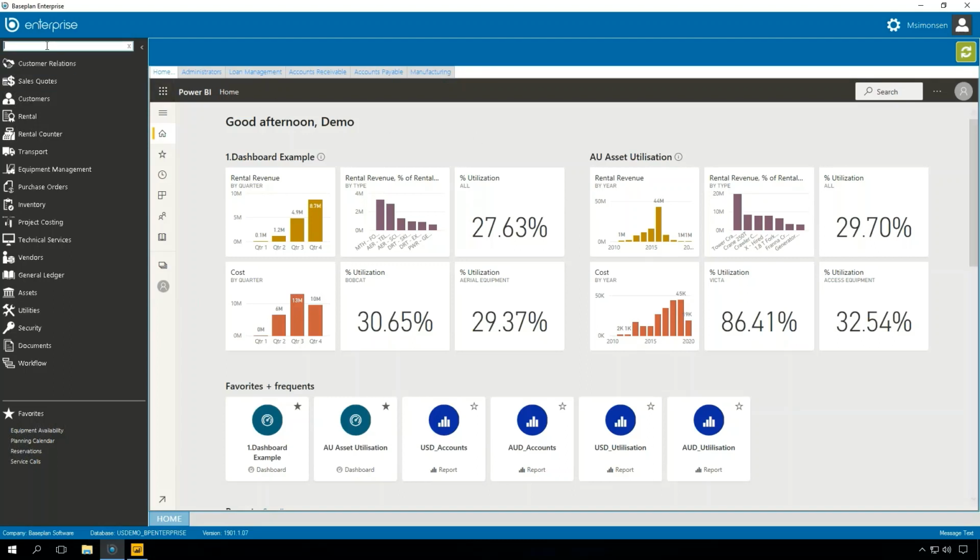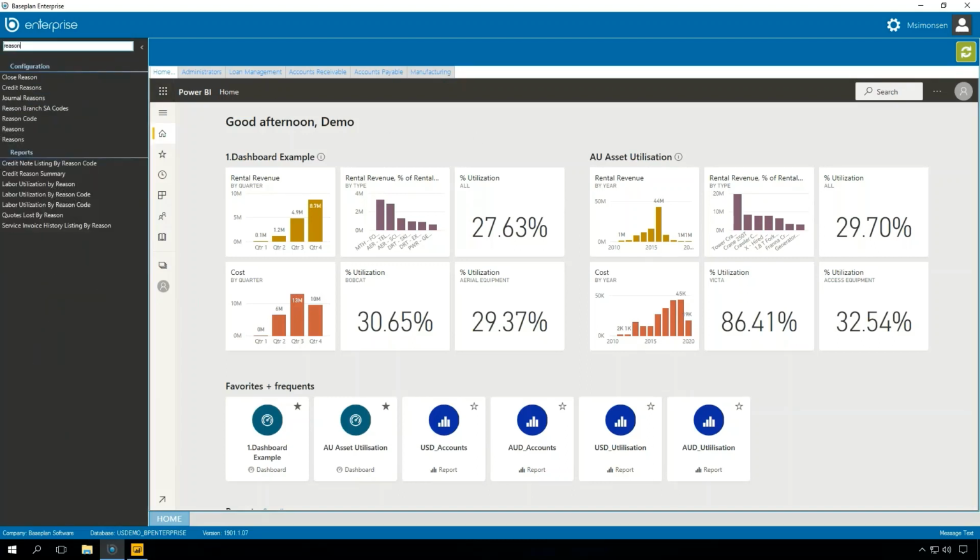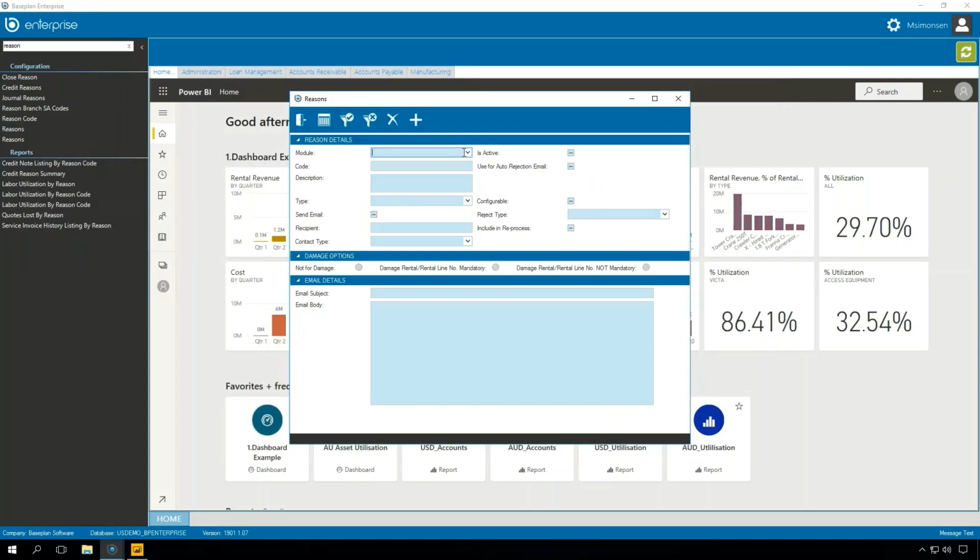So the first thing we want to look at is the reason codes. When we look into Baseplan, we can see here we've got these different customer reasons. And these reasons allow me to set up the different modules that can be configured. So I can say something like maybe there was a cancelled hire or a cancelled quote or whatever it might be. And we can then start configuring these reasons to then populate when we actually lose something in a particular